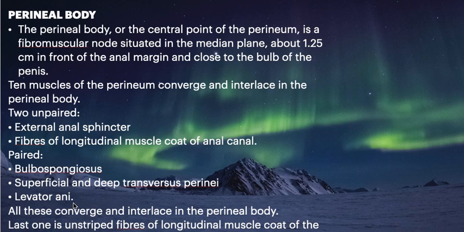All of them are converging and interlacing at the perineal body. Okay, so we have 1, 2, 3, 4, 5, 6, 7, 8, 9, 10 muscles converging at the perineal